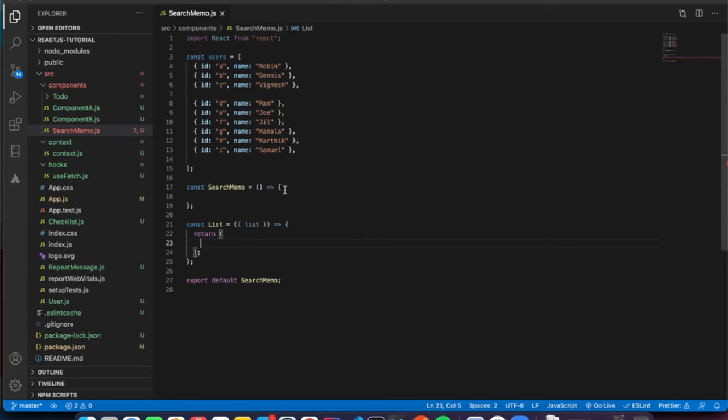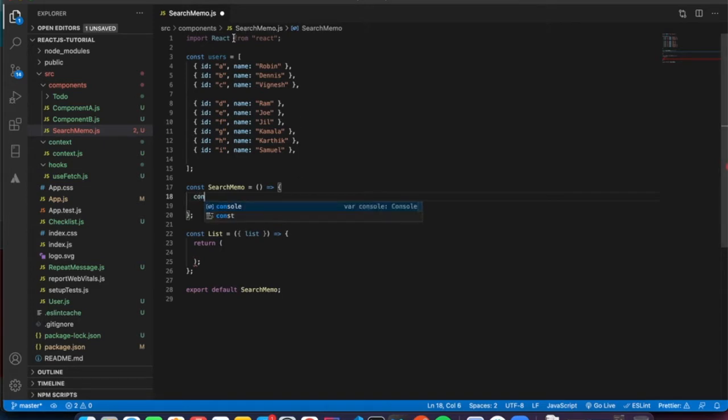For that we need two useState hooks. So let's add that useState. Now let us define the state for the text input.